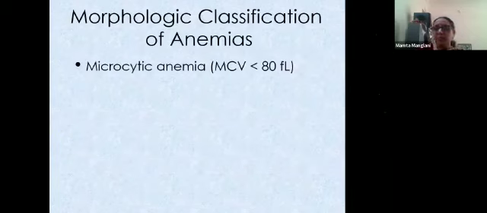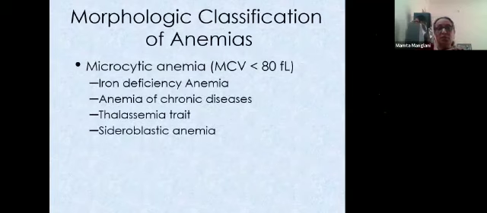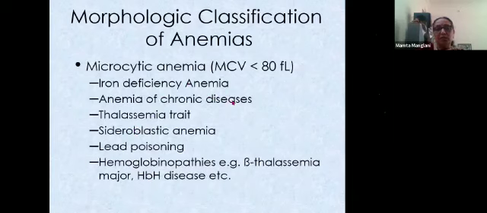Let's look at microcytic anemias now. Microcytic, we all know there are 5 differential diagnoses. Again, I'm not going into details. Iron deficiency anemia, chronic disease, thal trait, sideroblastic, and lead poisoning. Do not concentrate on this at present because this gives a different type of clinical picture, whereas all these may not have very different clinical features.